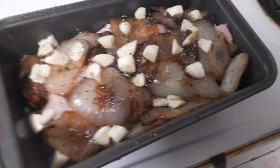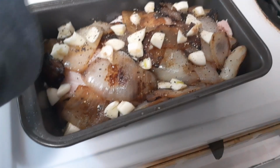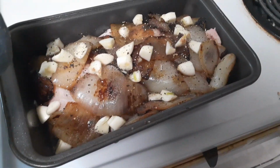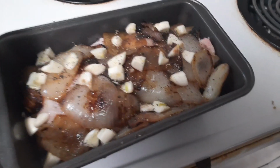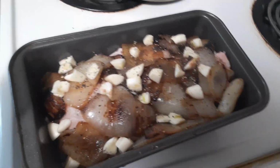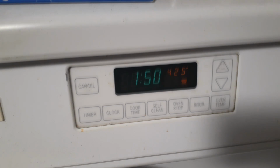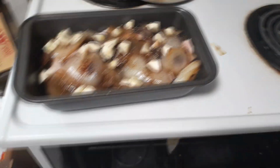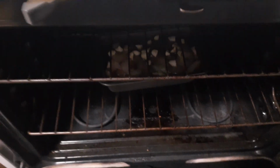And here we are. So this is what we're gonna be putting in there. So basically we've got a layer of onions and honey, and then that's gonna have the chicken that I seasoned with salt and pepper between it, and then another layer of onions, honey, and then finally the garlic with a little bit more pepper, just because that's how I like it. So what we got now is a 425 degree oven. We're gonna set it in there for at least an hour and a half, but I like to do 2 hours. So into the oven it goes on the bottom rack,